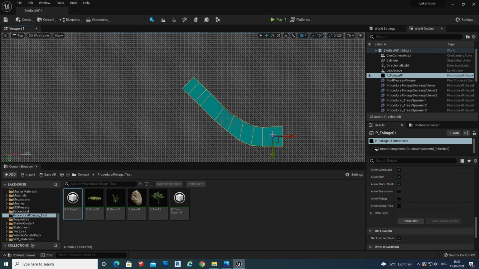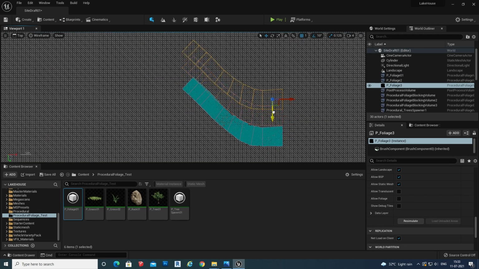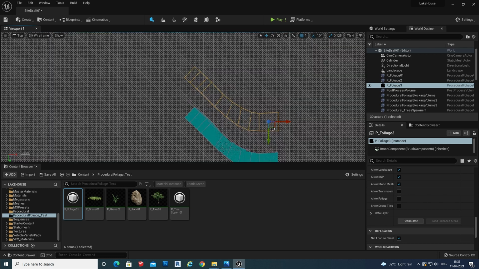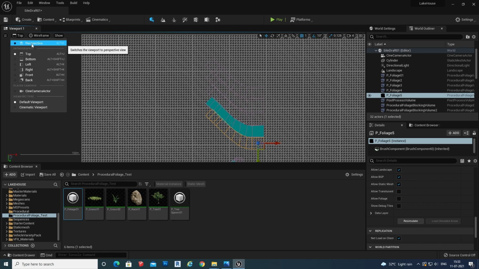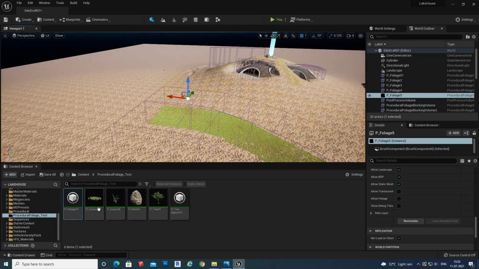So it is like layers. I am just copying these layers into a series, like if we have some pattern where we need to spawn our grass and shrubs and trees as well. I am doing it like this. Going to the perspective.